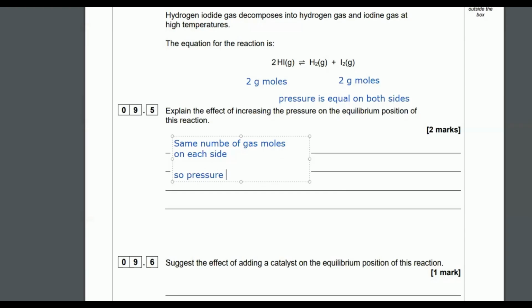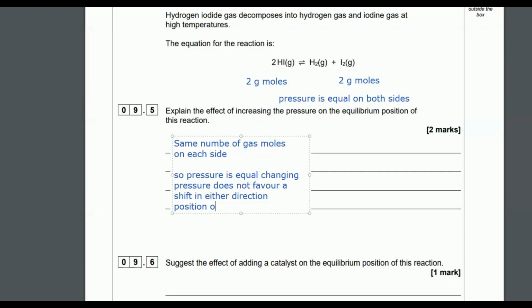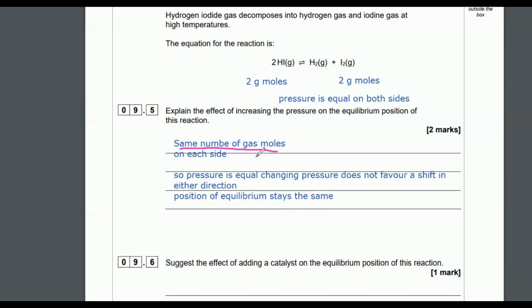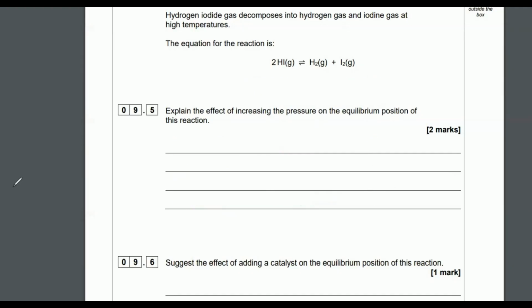on each side. So changing the pressure will not favor either side because the pressure is equal. So changing the pressure will not shift the position of equilibrium. And the reason is because there is the same number of gas moles or molecules on each side. So the equilibrium position stays the same. So it will have no effect on the equilibrium position because the number of gas moles is equal on both